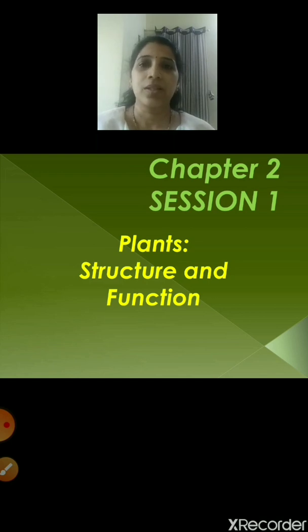Now students, before going to this chapter, let us revise what we had learnt about plants in your 6th standard. In our surroundings, we see a lot of variety of plants. Some plants are tall in size, some are short in size, some grow underwater, some float on water, and some grow in the deserts also. So there is a lot of variety of plants.